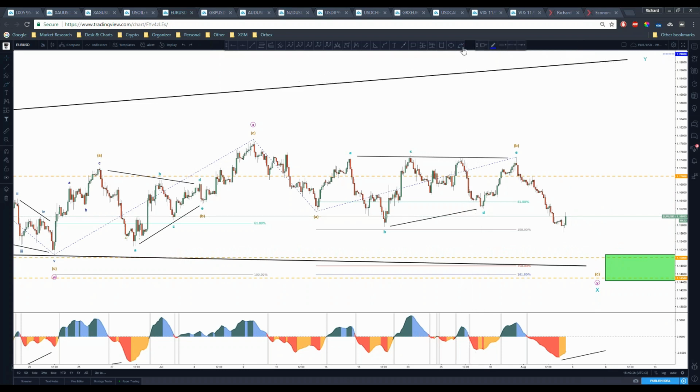What I do know is that from A to B, EUR/USD hit the 100%, regardless of how the structure looks. This is the correction. This is the first leg. This is the second leg. So we have a complete pattern right there. The next move could be on the upside. The only question is if this would continue further on the downside or not. So as some levels right there, let's say.